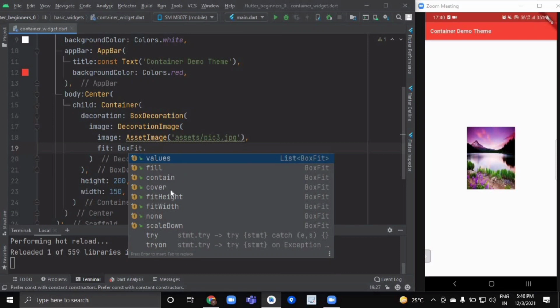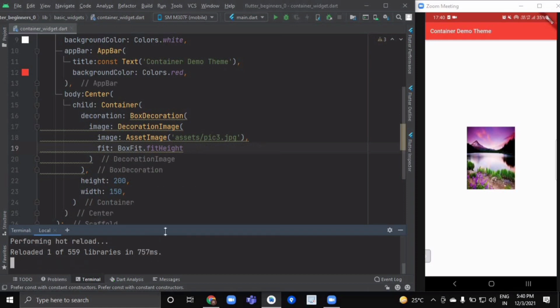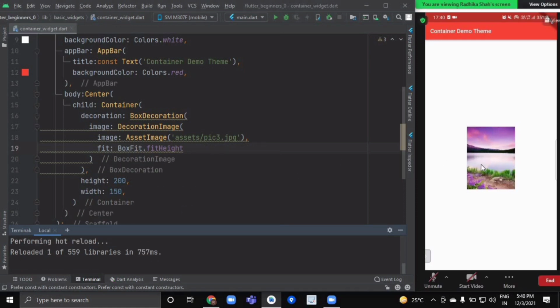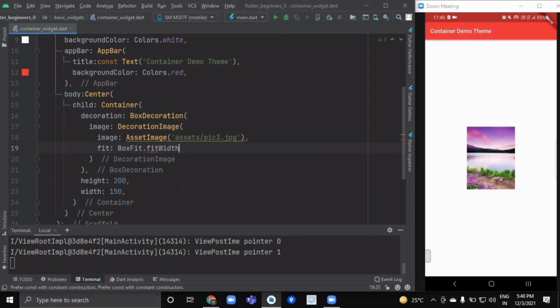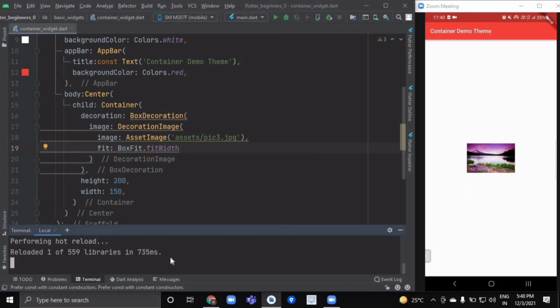Now if we see fit according to the height, as you can see most of the image has been cropped, but it has been fitted according to the height. Similarly, if you want to fit according to the width, you can say it like this, and it has fitted according to the width.